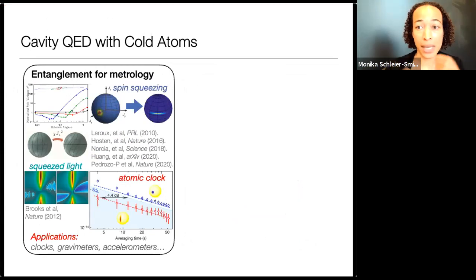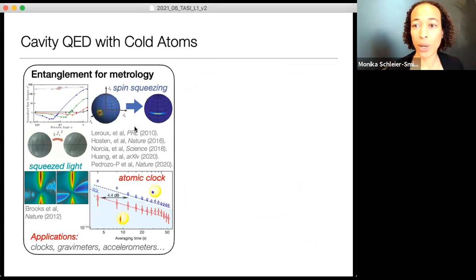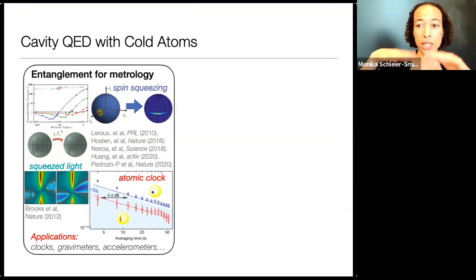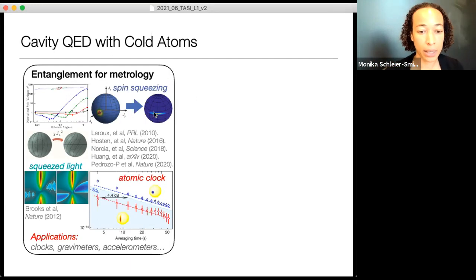And so those photon-mediated interactions you can use to efficiently let every atom talk to each other in such a way as to make a quantum state where if one spin is pointing up, another spin is more likely to be pointing down, and that reduces quantum fluctuations in the number of spins up and down in a way that squeezes the quantum noise, and this has been used, for example, to make more precise atomic clocks. So that's one direction that this toolbox is used.